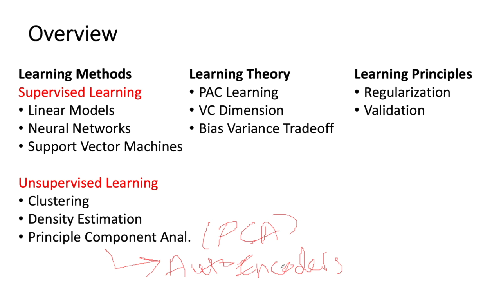Also, since you are a computer engineering student, you definitely need some learning theory and also learning principles. These two will help you gain fine-grained knowledge of the backend of the process. Given the current tools like TensorFlow, Caffe, or PyTorch, with just 5 lines of code you can start training a neural network model. If you don't know what's happening in the backend, it's not going to be good, because in many of your applications and problems, you need a complete understanding of the whole stack of the problem.